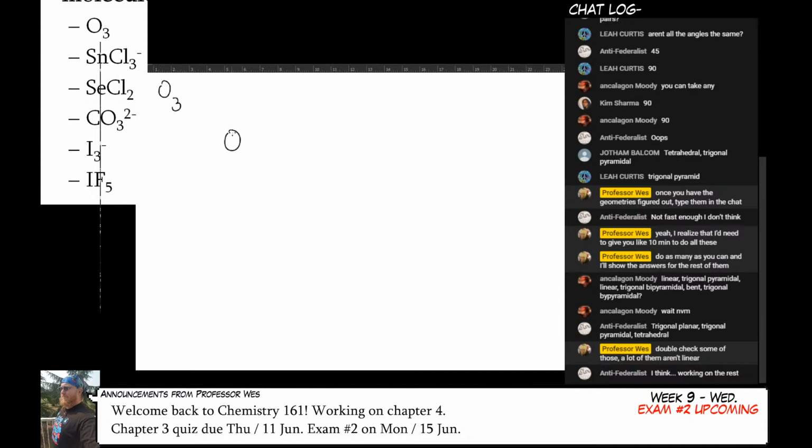All right. By now, we should be pretty proficient at drawing Lewis structures, so I'm just going to draw the answers because I've more or less memorized these. Because I just want to get to the interesting part, which is the geometry. So I'm going to circle the electron domains around this. There are 3 electron domains. So the electron pair geometry is going to be trigonal planar. And of those 3, one of them is an electron pair. So the molecular shape will be bent.